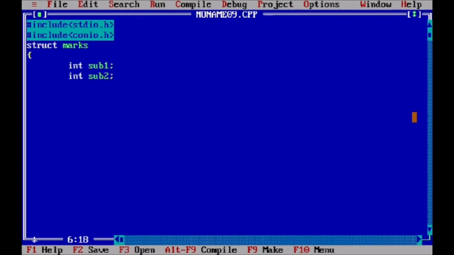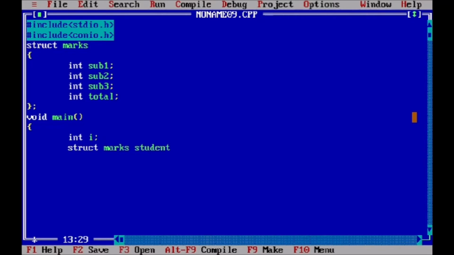So marks is a tag of the structure, then we declare structure members subject 1, subject 2, subject 3 and total. These four members of the structure are of integer type. Now we define our main function, and we declare one variable which is i, and we declare the structure variable, struct marks student of size 3.